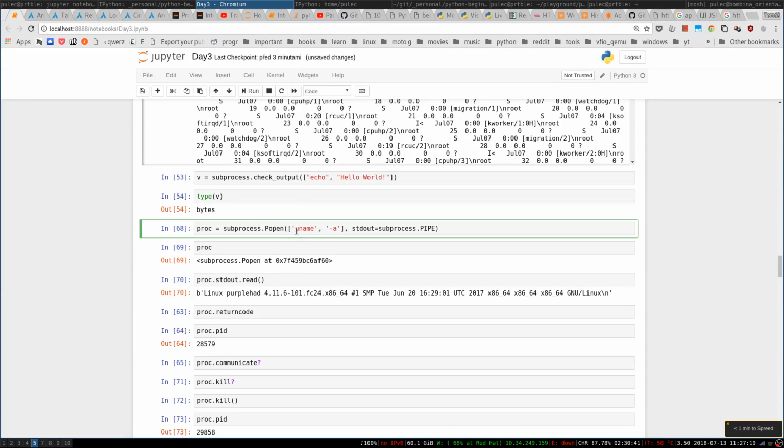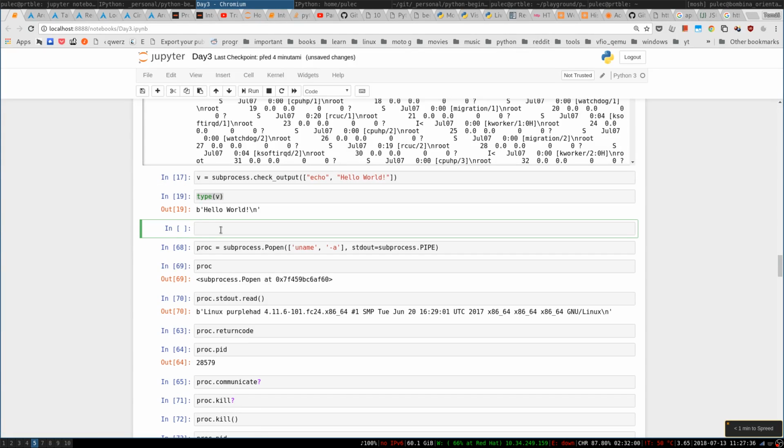Yeah, this is a better way, I guess. Check the output of the hello world. Yeah, the types are, and the b is there again. So maybe this is simpler. So if I convert it to string,